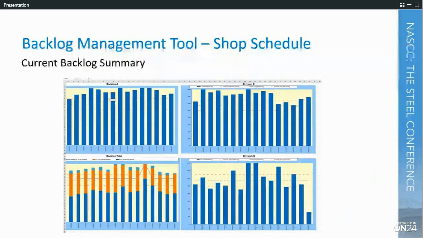The blue bars represent the amount of scheduled hours for that specific week for that division in production. And from there, you also see the red, green, and red lines up top. The bottom red line is based off of our current manpower working 40 hours a week. The green line is 46 hours a week, and the top red line is 52 hours a week. So this gives us a graphical representation saying, okay, Division A, that first week, you have so many hours scheduled in your shop that it's going to require you guys to work 52 hours